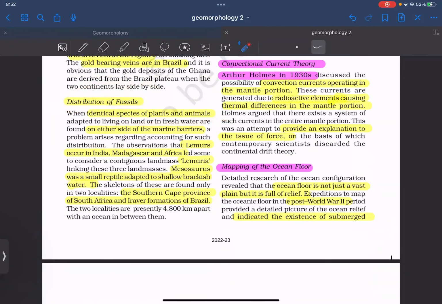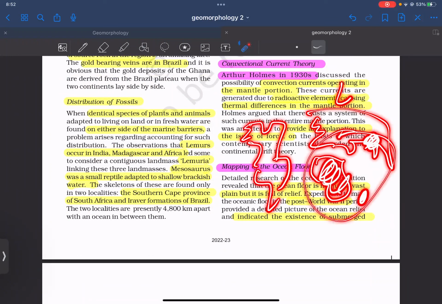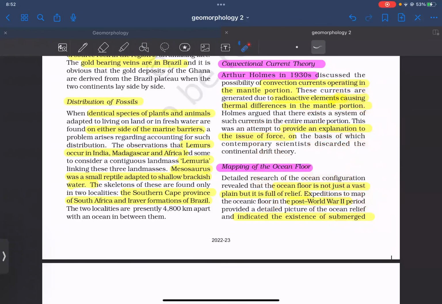देन डिस्ट्रीब्यूशन ऑफ फॉसिल्स, right? Identical species of plants and animals found on either side of the marine barriers. तो basic example लेमुर्स। लेमुर्स कहाँ मिल रहा है? इंडिया, मेडागास्कर, अफ्रीका। लेमुरिया बोलते हैं इन तीनों को। इंडिया, अफ्रीका, मेडागास्कर, ये तीनों गोंडवाना लैंड के पार्ट थे। इन्हें हम क्या बोलते हैं? लेमुरिया। तो लेमुर्स मिलते हैं हमें, ऑर्गेनिज्म होते हैं, राइट।